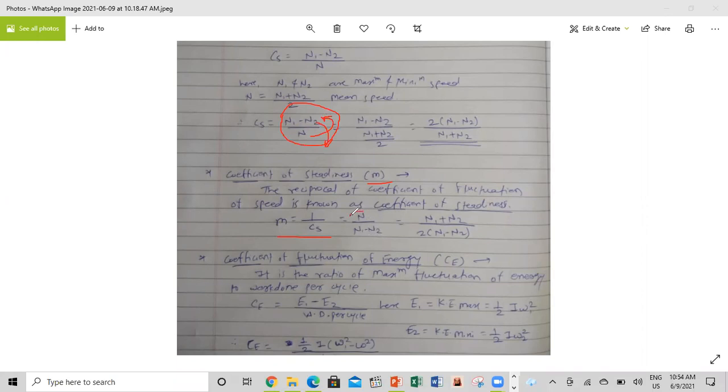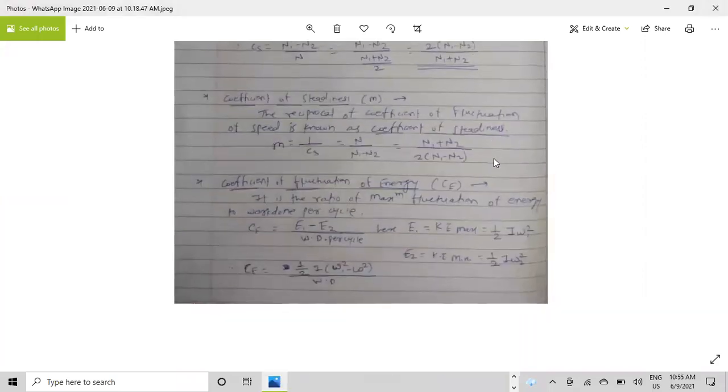We know the formula for mean speed is N1 plus N2 divided by 2. So also write down this final formula with the reciprocal. N1 plus N2 goes to the numerator and 2 in bracket N1 minus N2 goes to the denominator. Okay, so this is the final formula for the coefficient of steadiness: N1 plus N2 divided by 2 in bracket N1 minus N2. Okay, next is